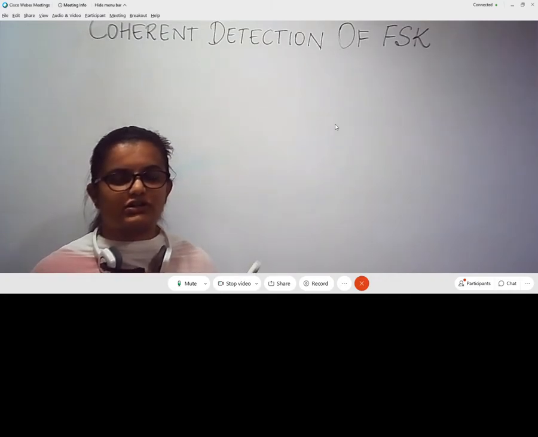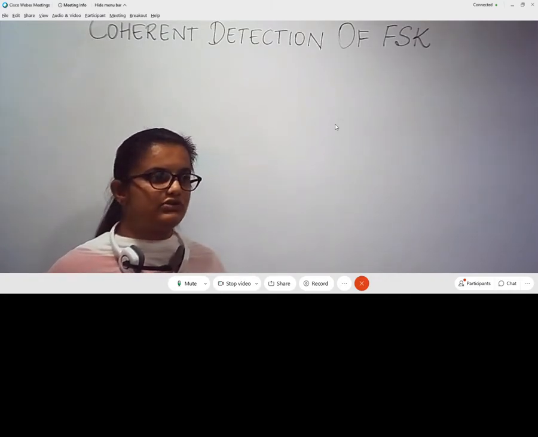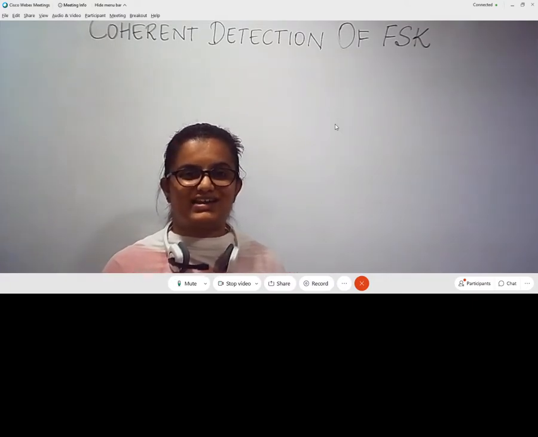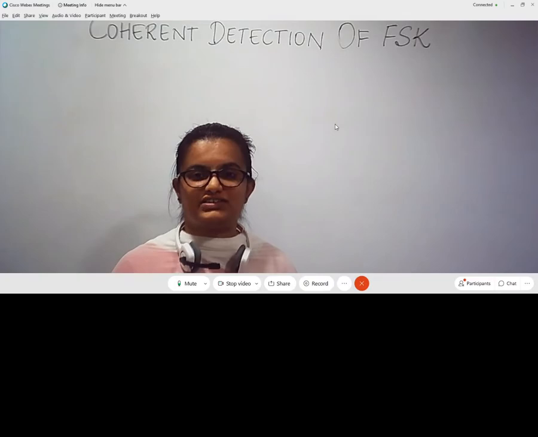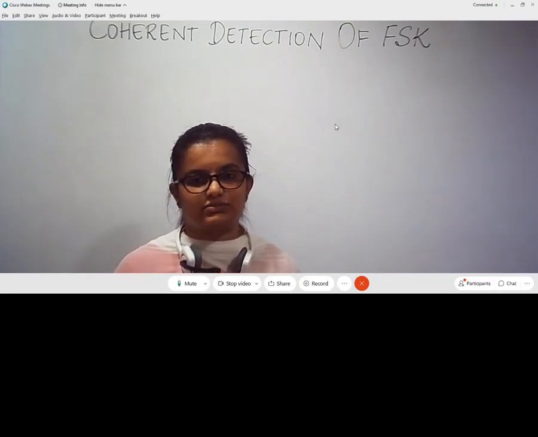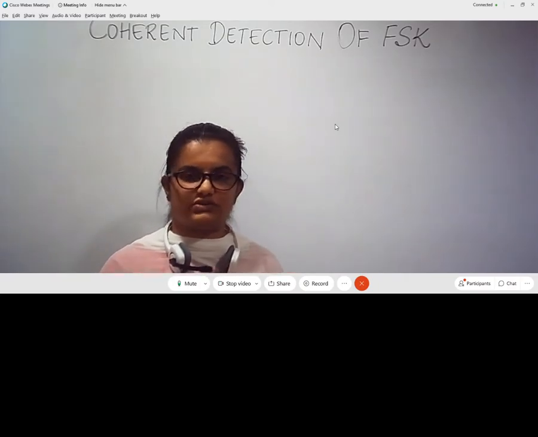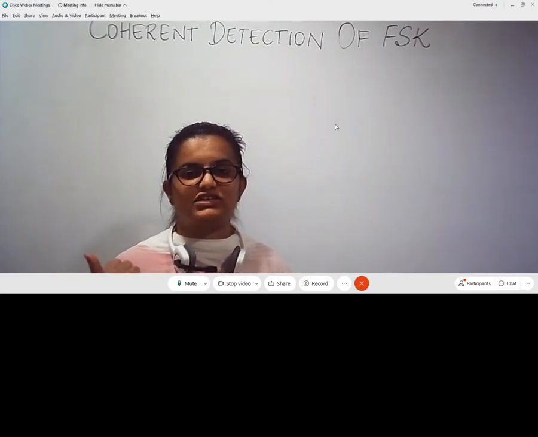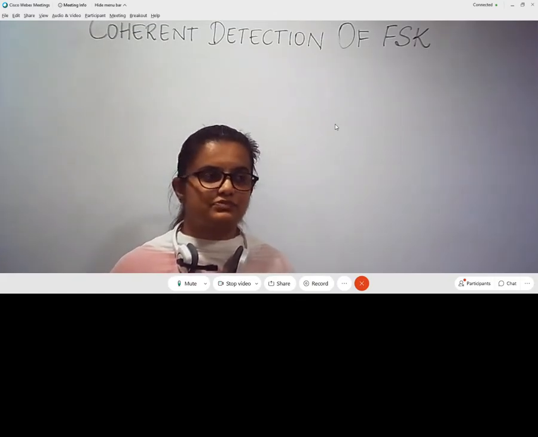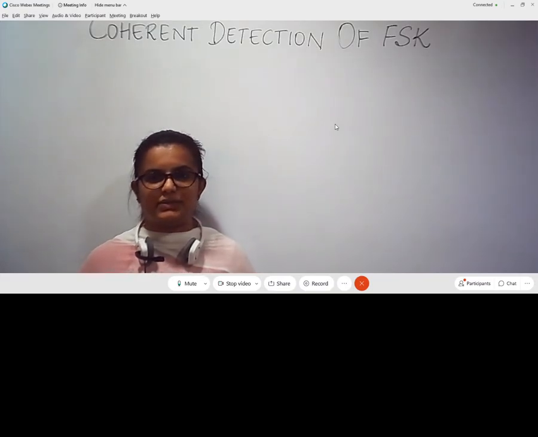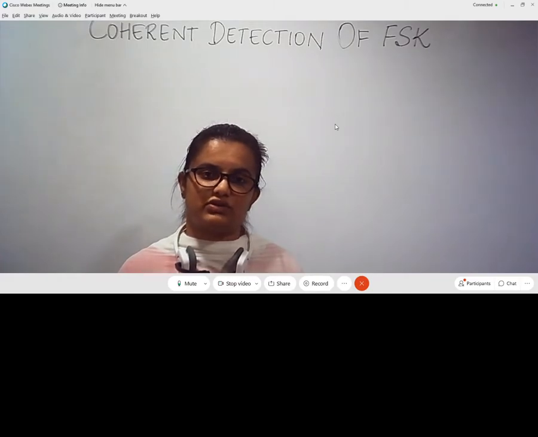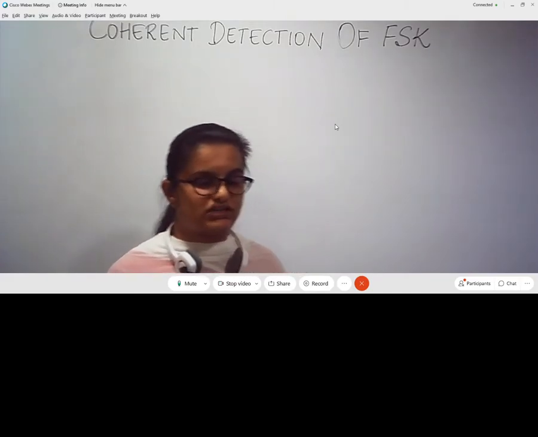In ASK also it will happen similarly, where we are going to take the reference of a carrier information with its particular frequency and amplitude, and then we are going to fix a decision boundary in order to decide whether the received symbol is an ASK symbol, S1 or S2 or whatever. We can differentiate it. That we have seen in the lab also. We have been able to identify the ASK symbols easily by fixing a decision boundary, and we have seen how AWGN noise affects the ASK symbols in the lab part.